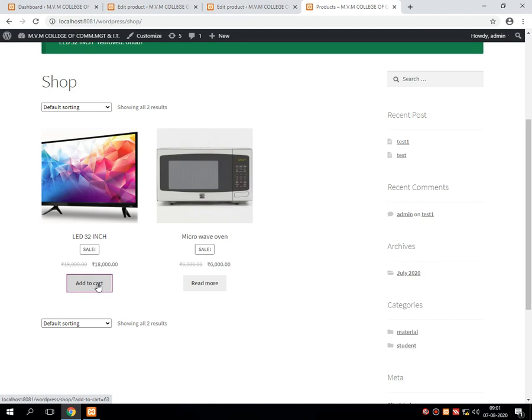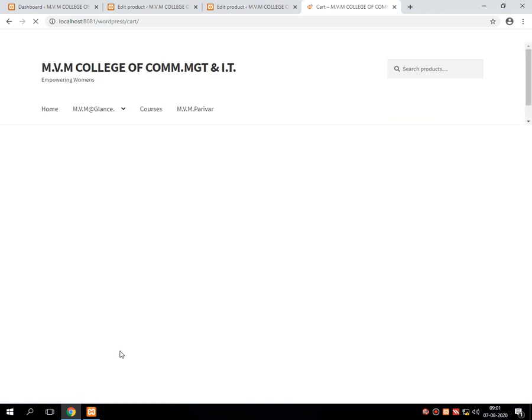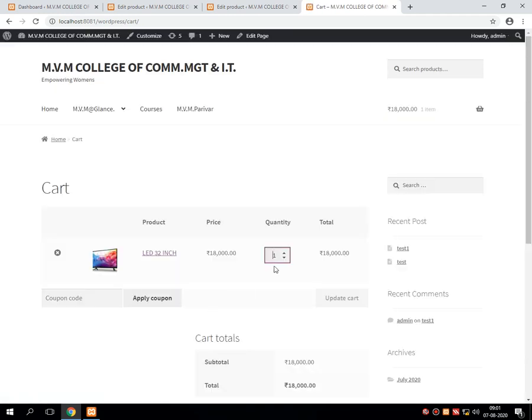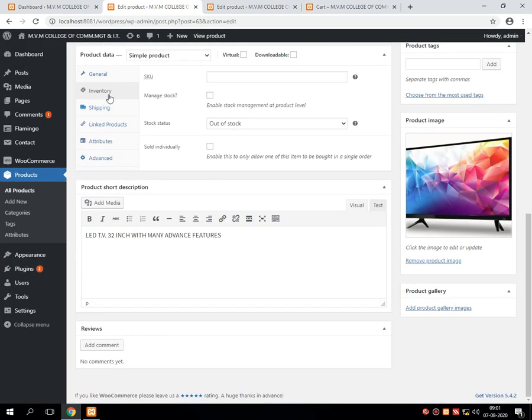I am again selecting add to cart and going into the view cart. Here we can select multiple quantities, because I have deselected the individual quantity selection from the inventory available on the product.